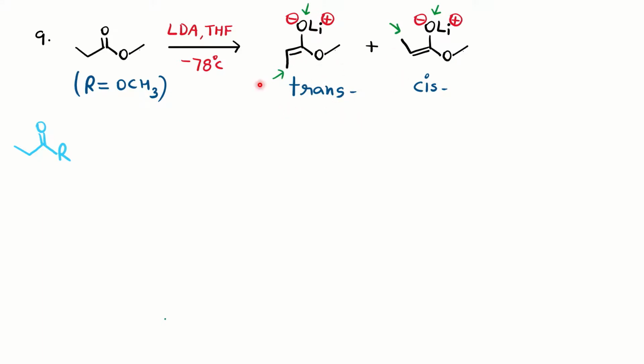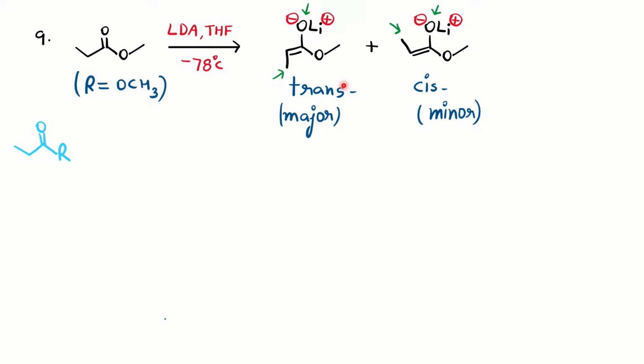Now the two products are going to form in this case, but which is going to be major and which is going to be minor, that we have to see. So in this particular case, the major is where the two are opposite to each other rather than on the same side. So the trans is going to be major and the cis is going to be minor. So notice whenever you have R as a small group, then the trans is always going to be major. That is, the E isomer is going to be major. That you can make a note.